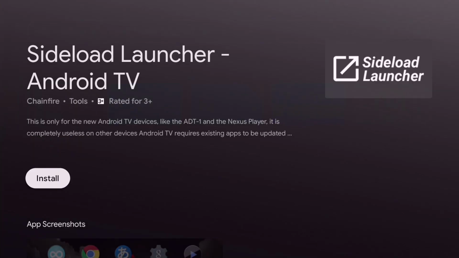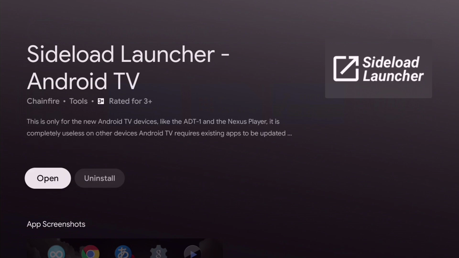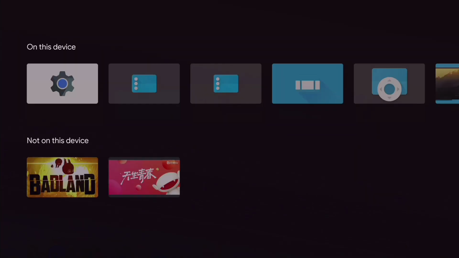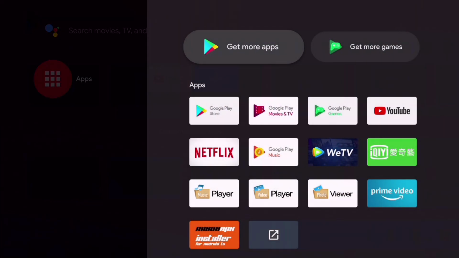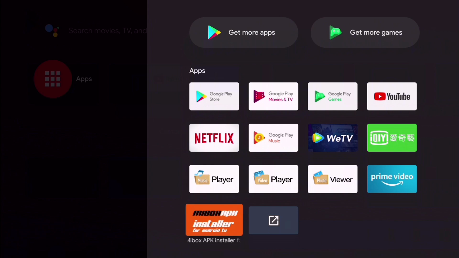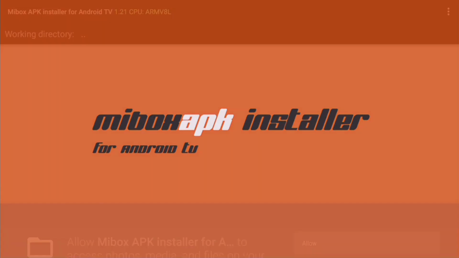Also install the Sideload Launcher, which will be useful. Open Mi Box APK Installer.